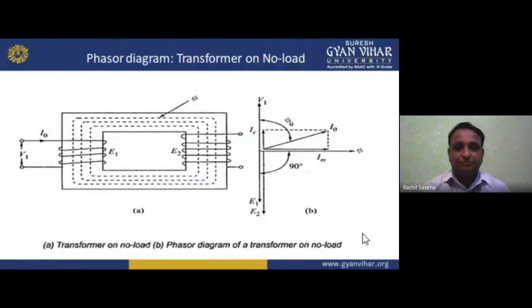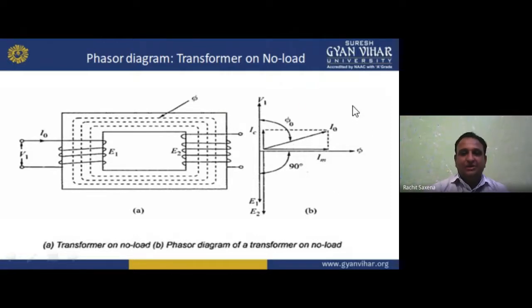Now moving forward, phasor diagram of the transformer at no load. As I told you earlier, I0 is converted into two parts, IM and IC. See here, this is your V1, this is your phi1, and IM the magnetizing current. IM is always proportional to the flux because IM is responsible for generation of flux, and IC is always corresponding to V1 because of I square R. So IC corresponds to V1 and IM corresponds to flux. These are perpendicular to each other, and the phasor sum of them is I0, that is the no load current, and this shows you the flux.